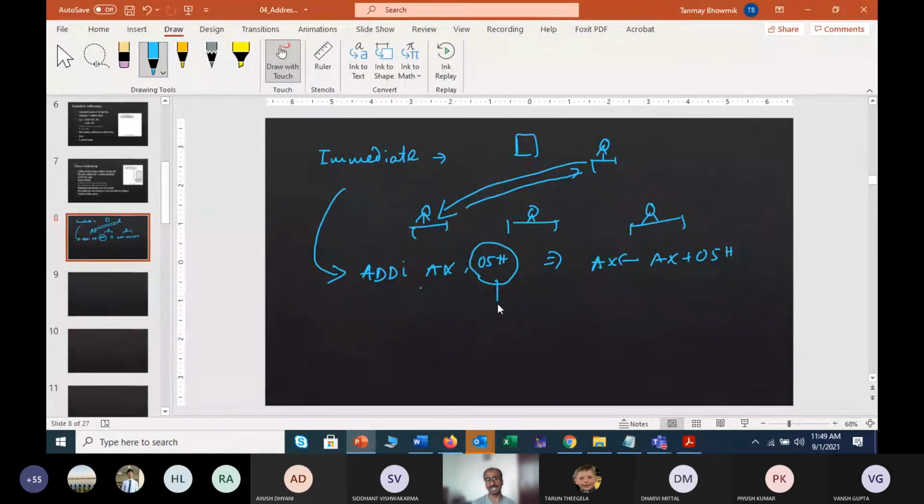So in that case you have to move to that address and fetch the data which is stored at that particular address. The location of this address is 05H, but the content may be something else, like 8888 or whatever. So this 8888 will go to that place to be added with AX. This was the example of direct addressing.